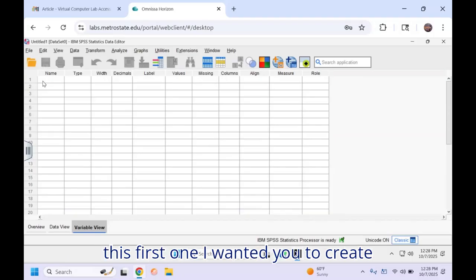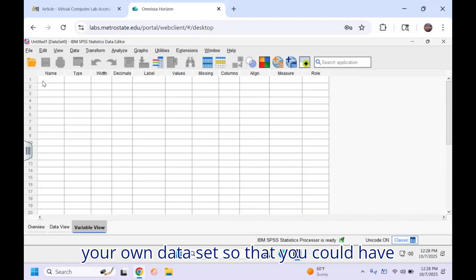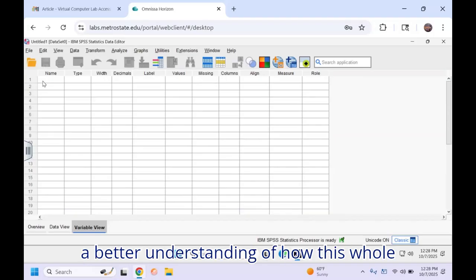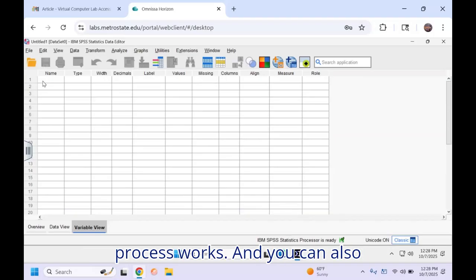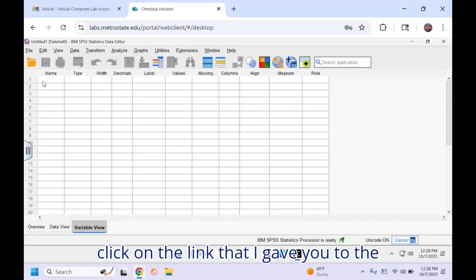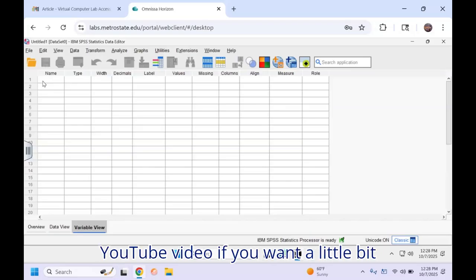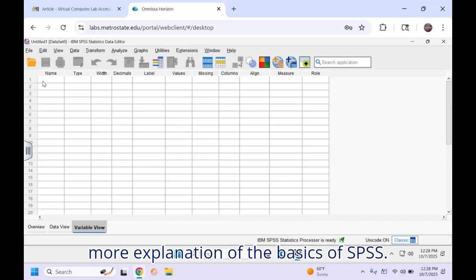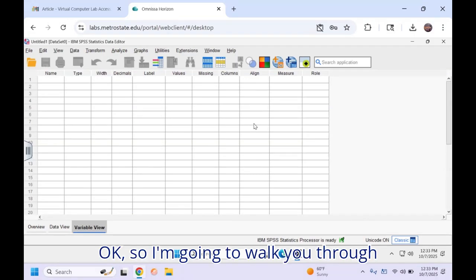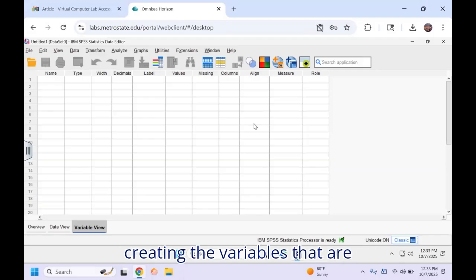But this first one, I wanted you to create your own data set so that you could have a better understanding of how this whole process works. And you can also click on the link that I gave you to the YouTube video if you want a little bit more explanation of the basics of SPSS. Okay, so I'm going to walk you through creating the variables that are outlined in the instructions for SPSS lab assignment number 1. So to create a variable, you're going to click in this first cell here under the column